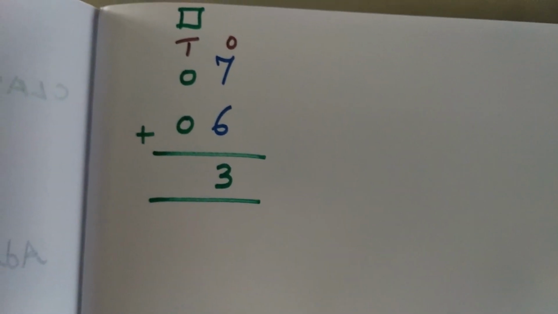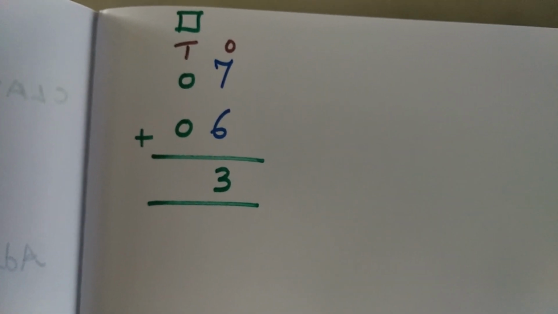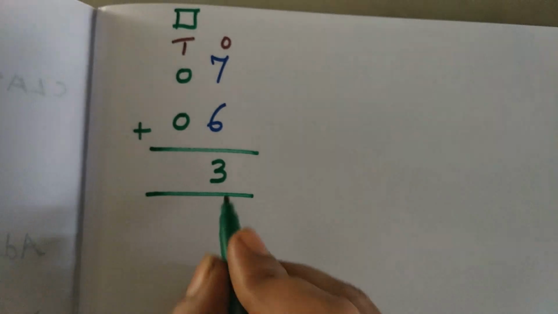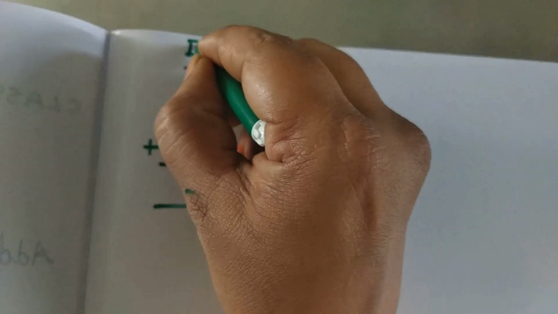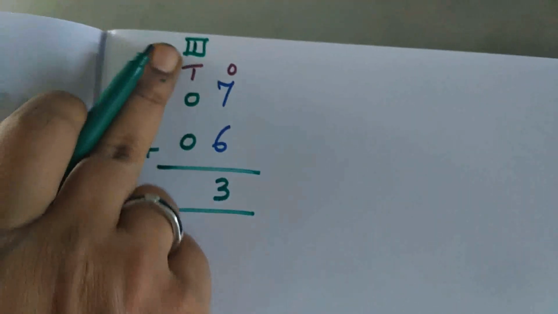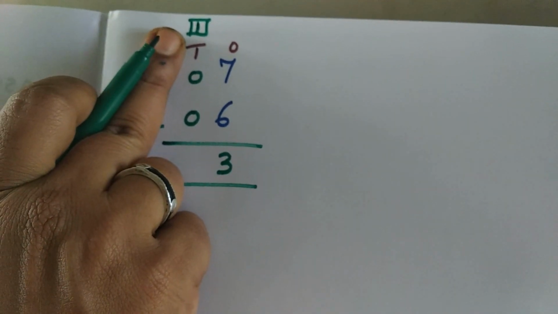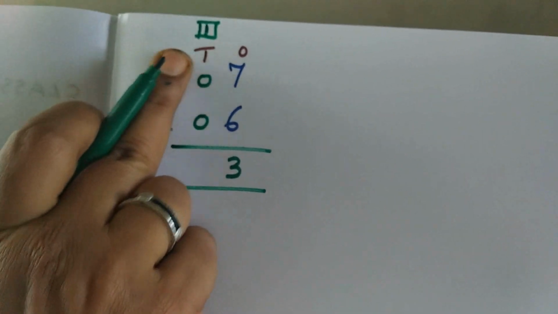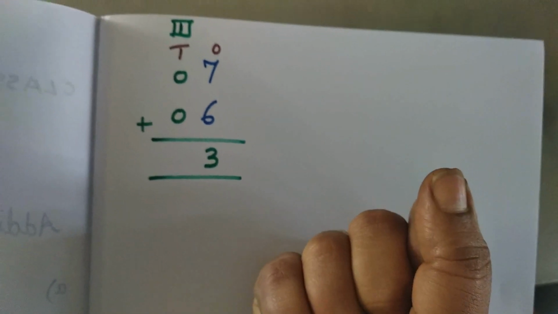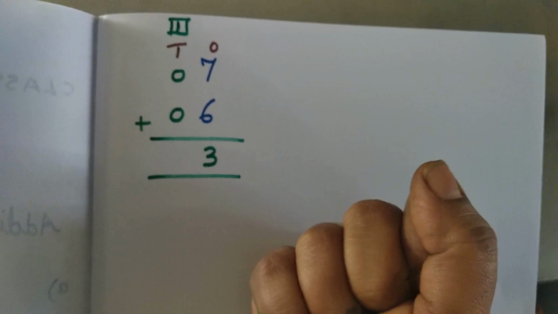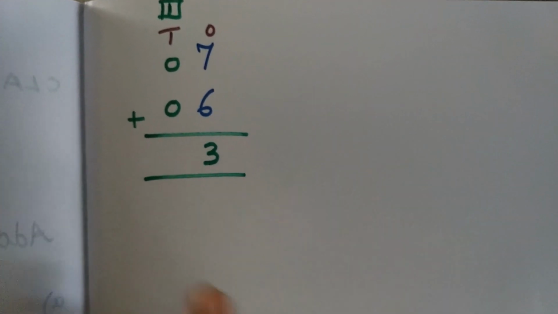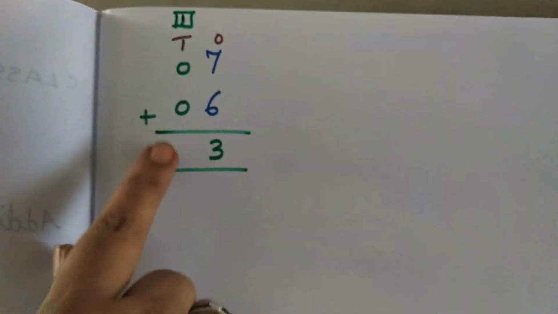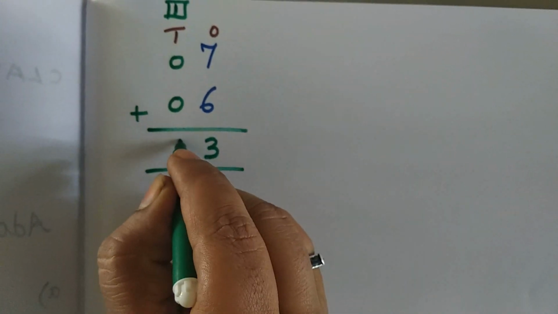After 7, 8, 9, 10, 11, 12, 13. So 3 you want to write in the ones place and 1 you have to write in the carryover box. Now 1 in the mind, 0 in the fingers. 0 in the fingers means no fingers, you want to leave. Don't leave fingers. So 0 means don't have value. So you want to write this 1 as it is here.